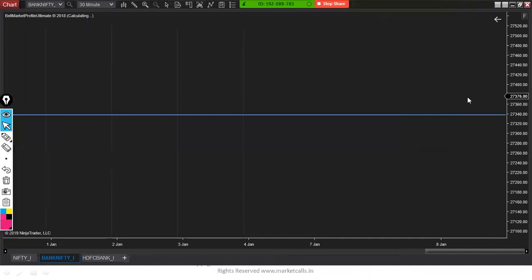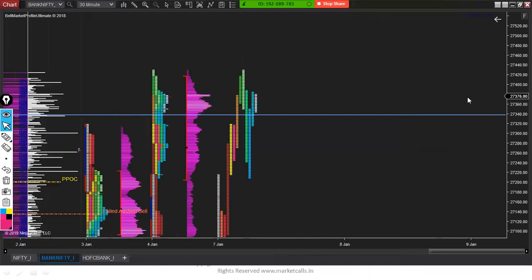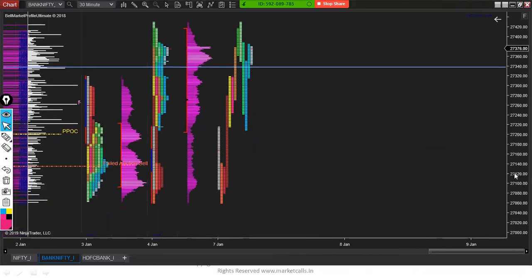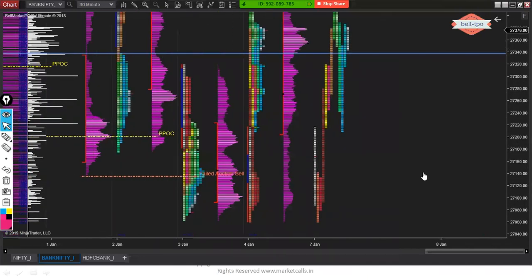So I don't want to miss anomalies. I don't want to miss single prints. So that is one of the reasons I'm using optimal information. So you can see this particular date, 3rd of Jan, 3rd of Jan, you can see here,